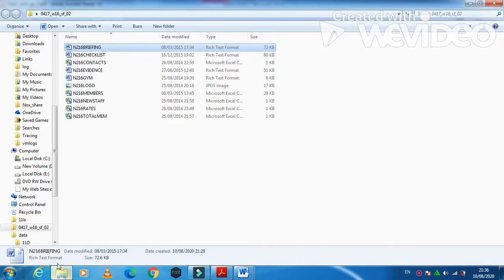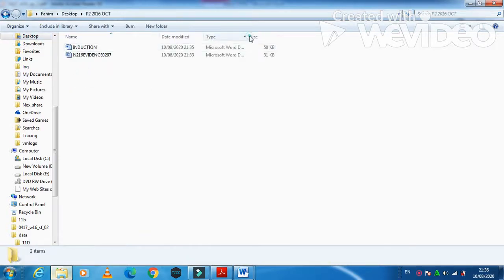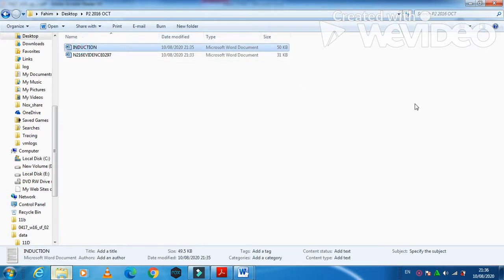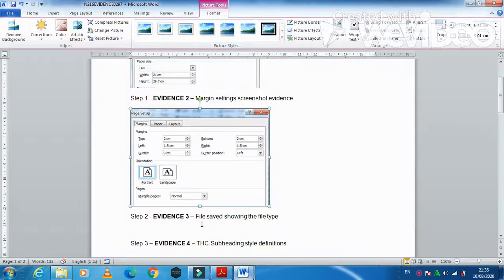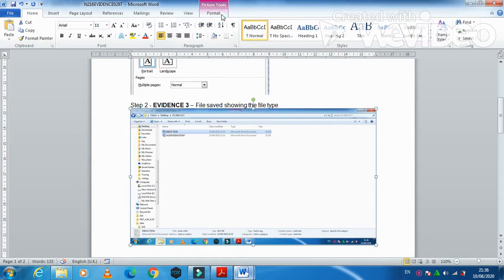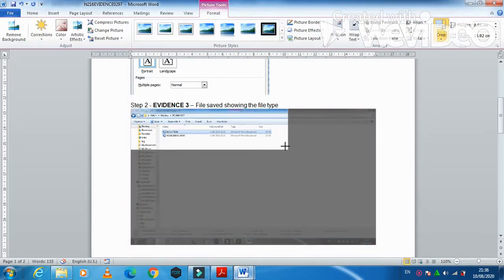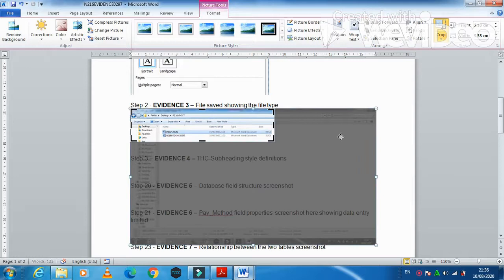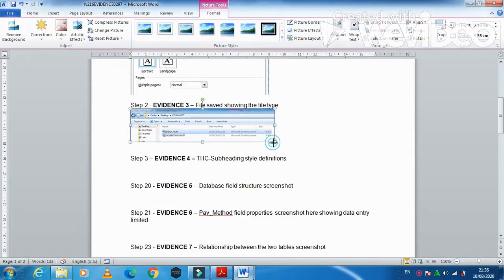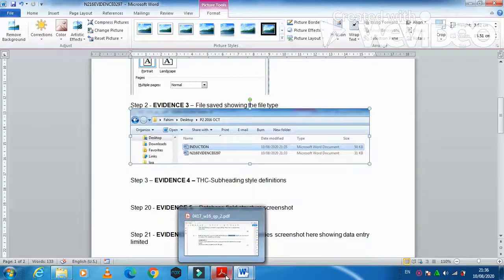So you need to go to your folder here and file type, click on your file, print screen, and then paste it into your evidence document to show that you have saved the file into that specific folder, just like that. Yeah. Next step,